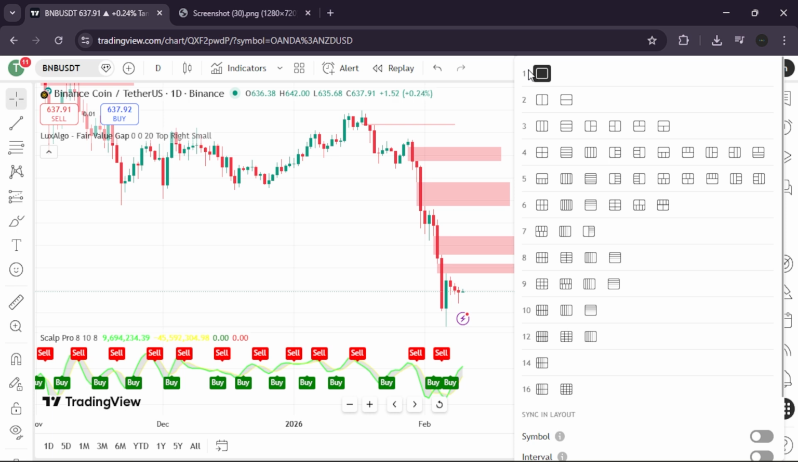A drop-down menu will appear showing various grid configurations. Single chart, 1 by 1, the default view. It focuses all your screen real estate on one asset. Dual split, vertical or horizontal, splits your screen into two. This is the most popular choice for comparing a macro time frame, like the daily, against a micro time frame,